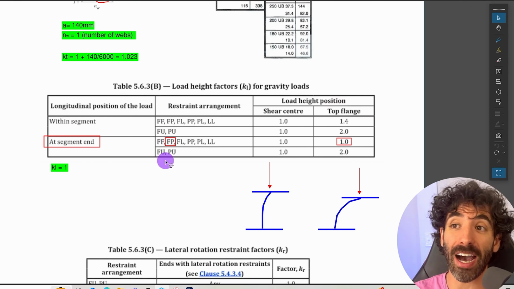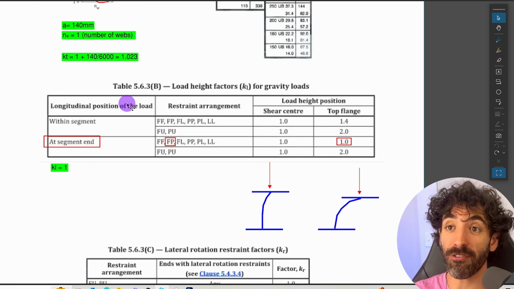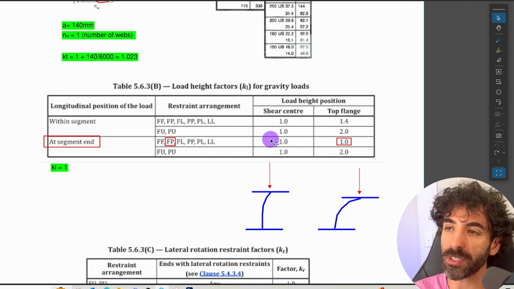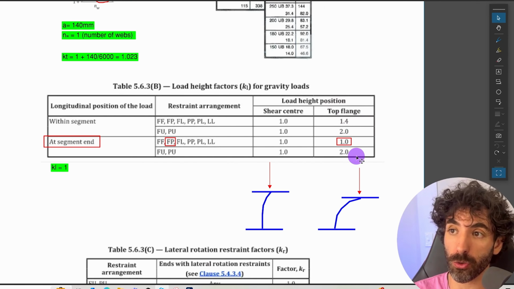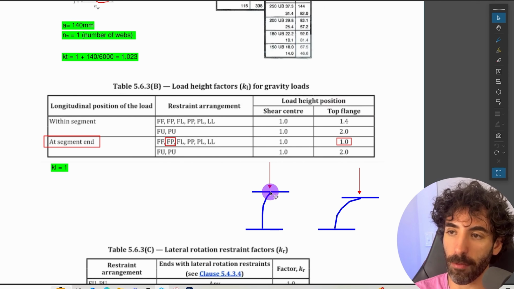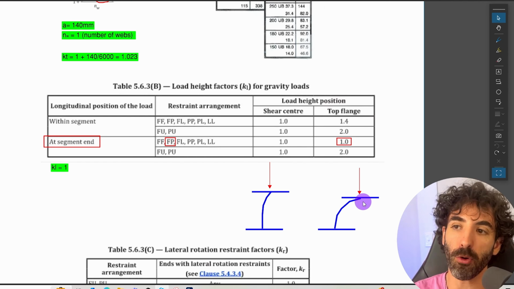Next step is to find the load height factor KL, which we can find on table 5.6.3b of AS4100. And from this table, you can tell that if the load is positioned on the top flange, KL could be equal to 1.4, 2, 1, or 2, which is always greater than if the load is positioned at the shear center. And the reason behind that is that if you have a load applied to the top flange and your section starts deflecting and twisting,